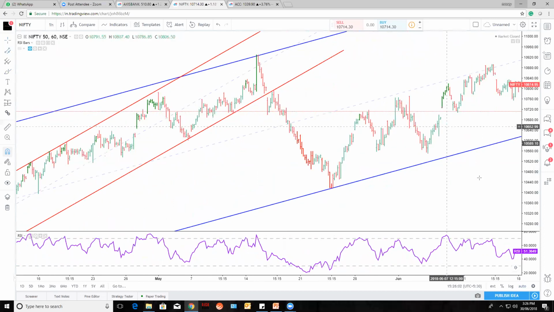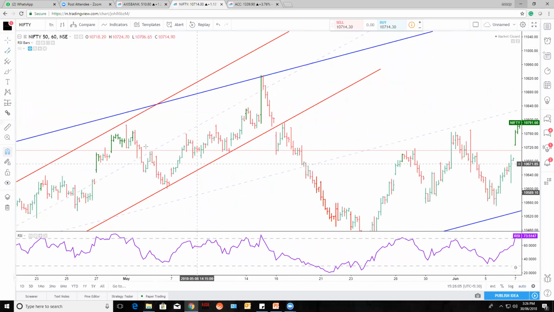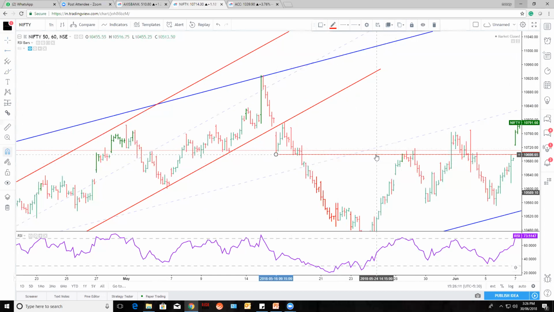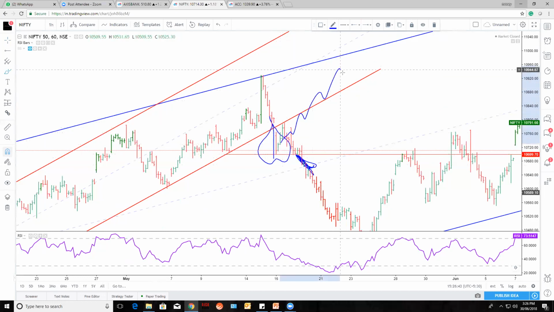When it broke the channel, see whenever a channel is broken, you need to wait to see which candle has broken the channel. Let's say this channel has been broken by this particular red candle. It needs to close, then only are we going to take a trade. Otherwise we are not going to take a trade for the downside. Only when it crosses and closes below that, then only are we going to initiate the sell setup here. Otherwise no. Sometimes what happens is it breaks the channel's low, but the low will be valid and it won't cross the next, it will move like this.